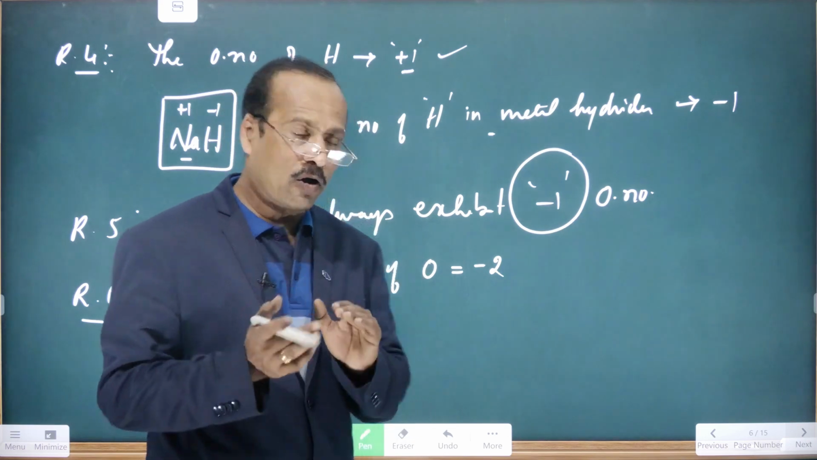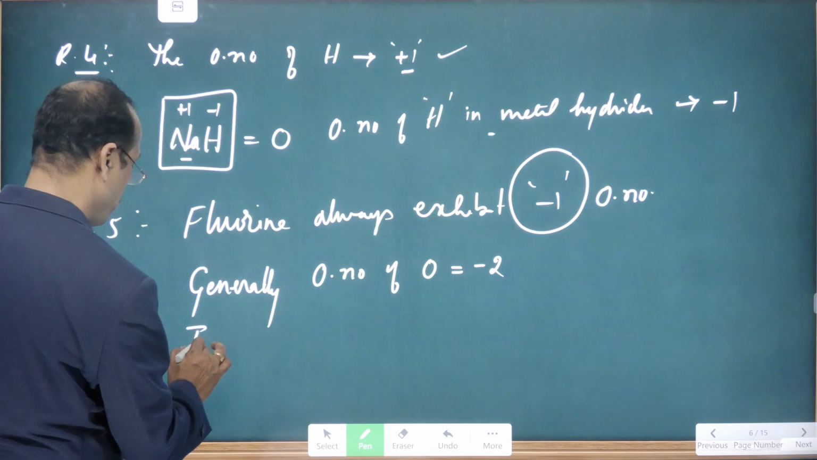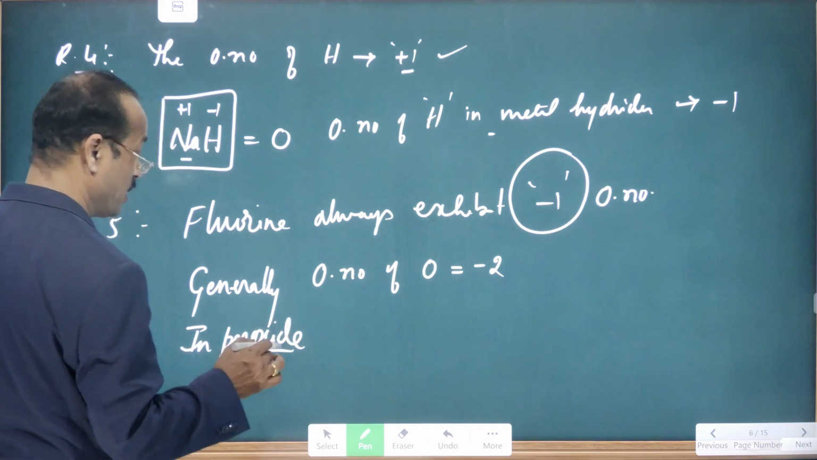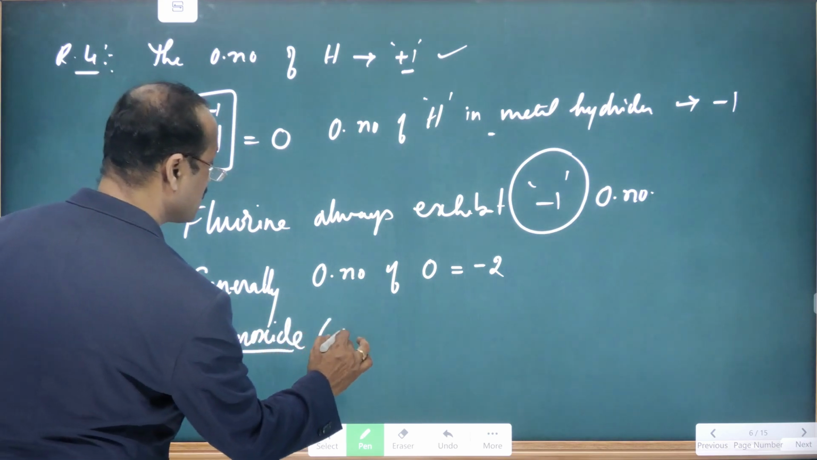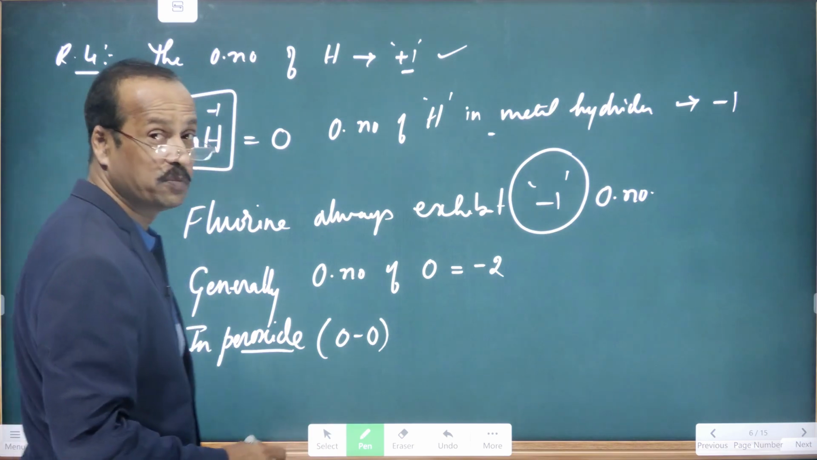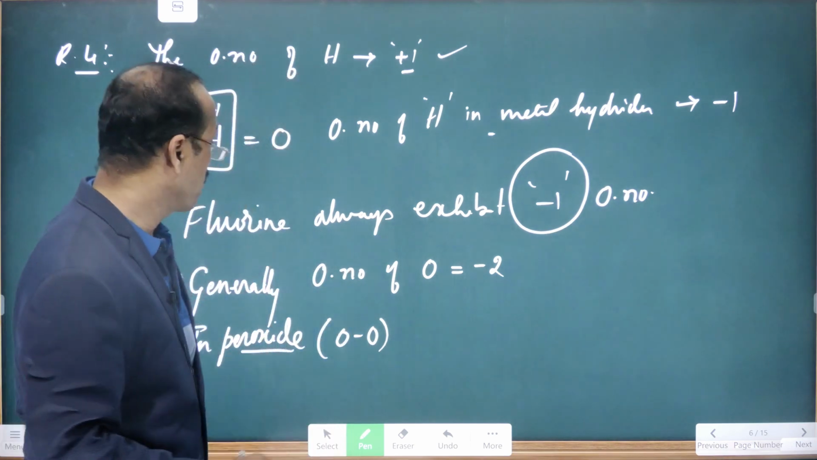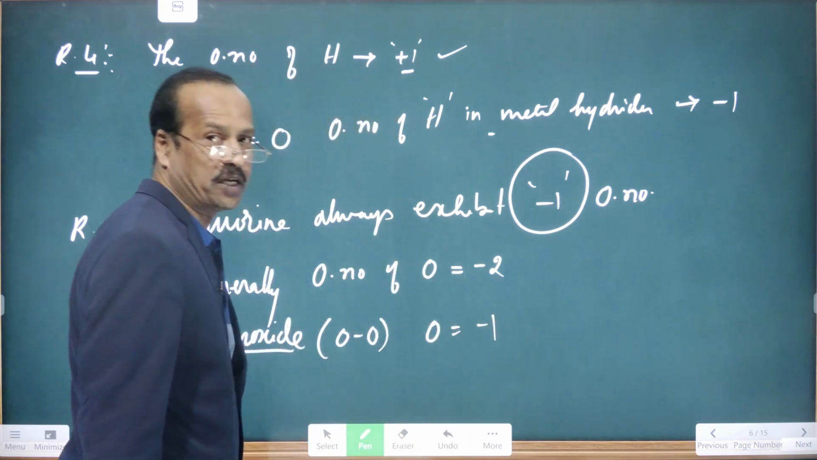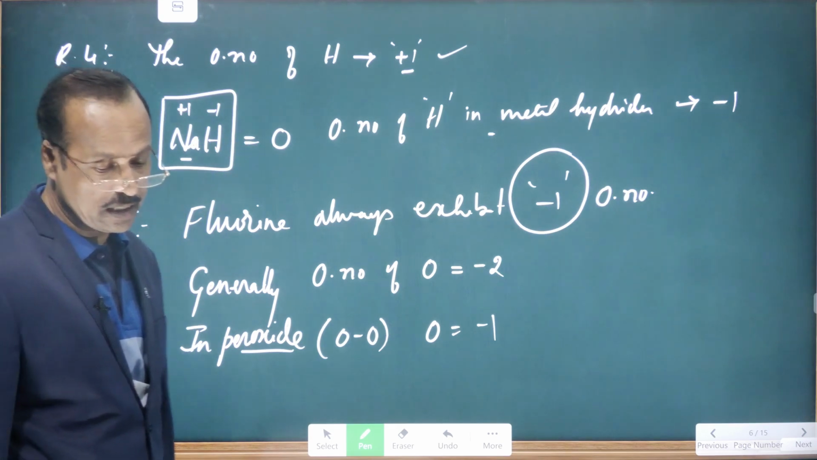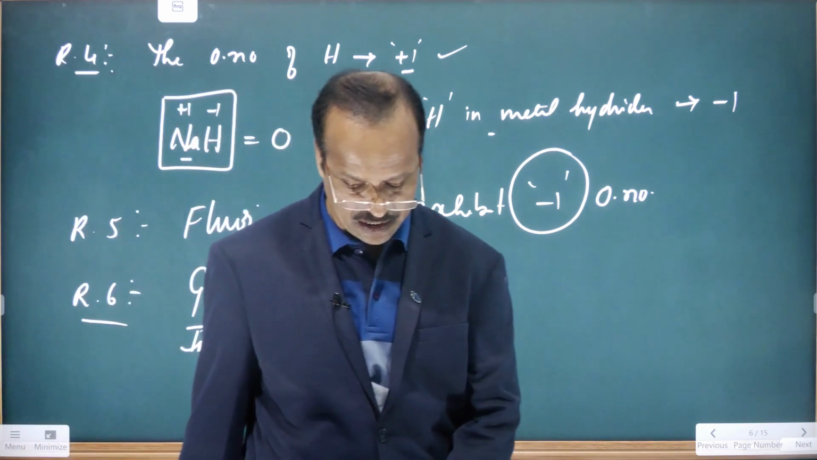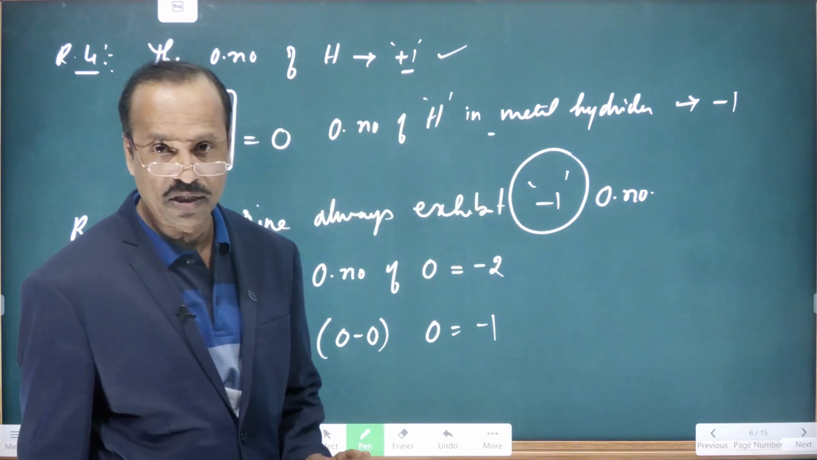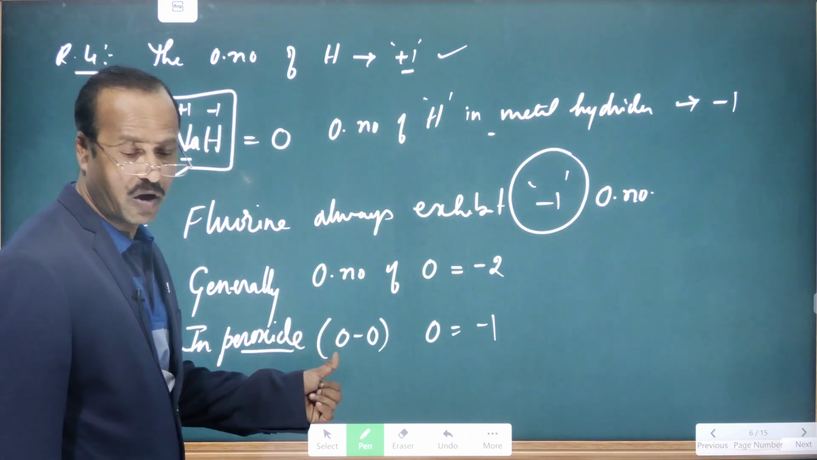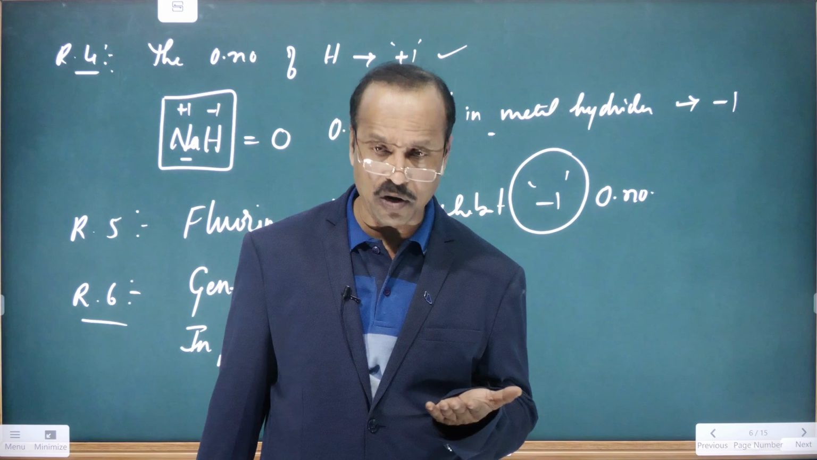But in peroxides, remember, this word is very important. Peroxide means what? The bond is between oxygen and oxygen. In peroxides, the oxygen exhibits a minus 1 oxidation state. And sometimes in superoxides,